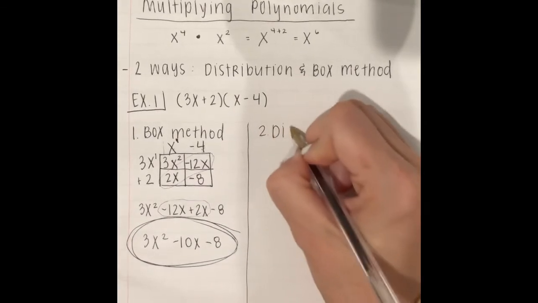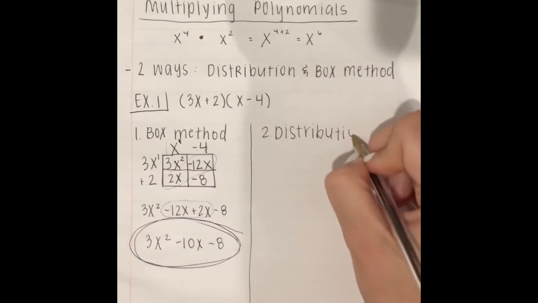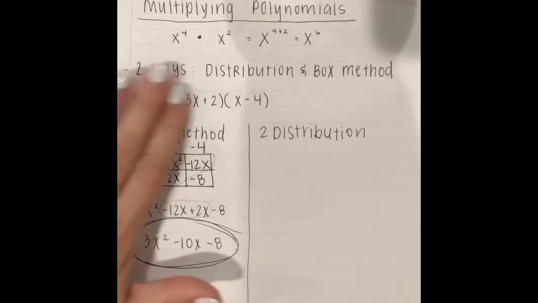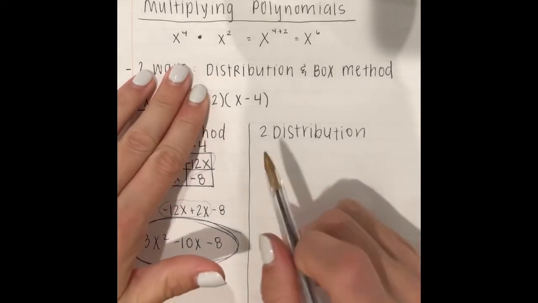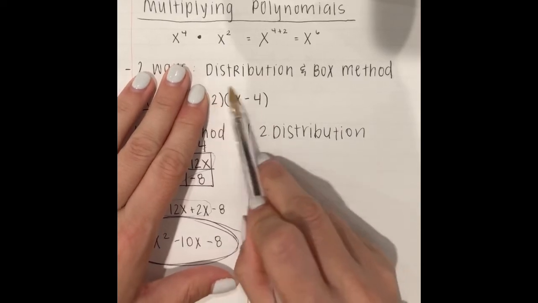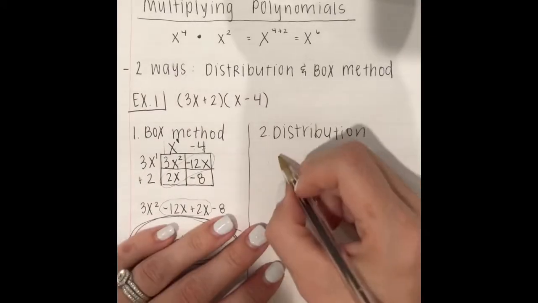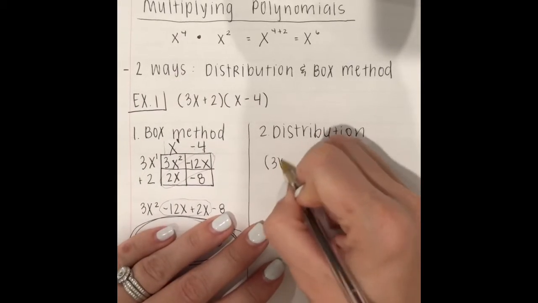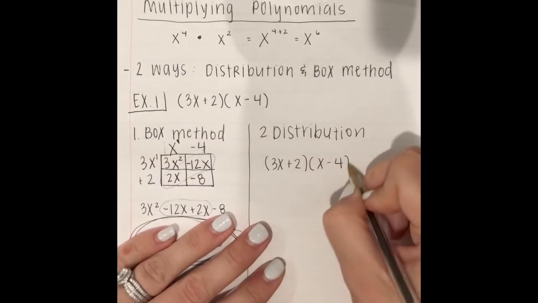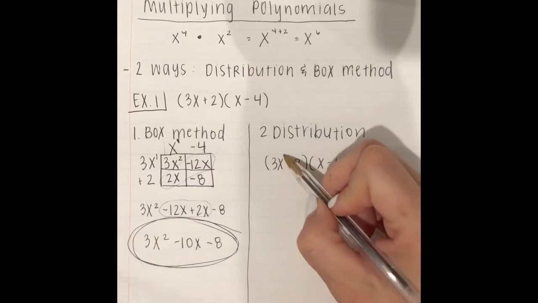And with distribution, it's just like you've always done with distribution. Like if you had just 2 times x minus 4 in parentheses, you would do 2 times x and 2 times negative 4. You're doing the same thing, okay? So 3x plus 2 and x minus 4. So what you're going to do is you're going to take the first term in the